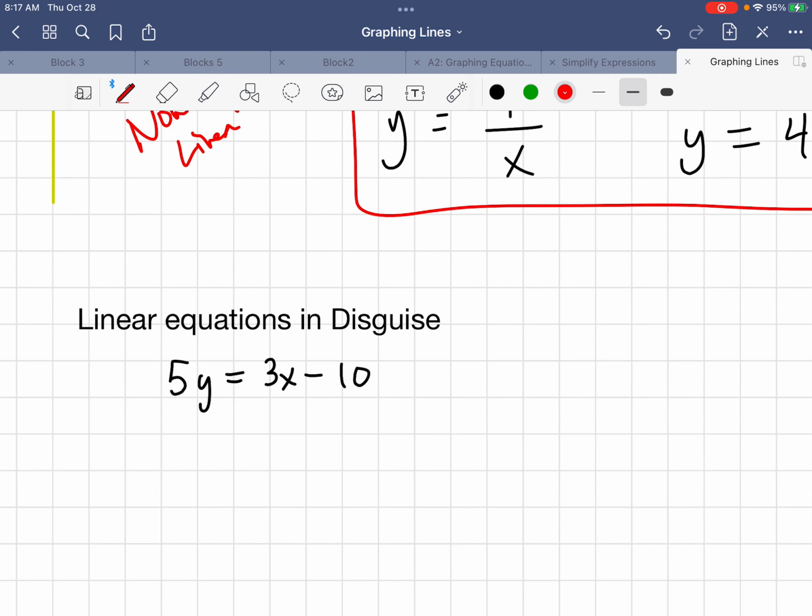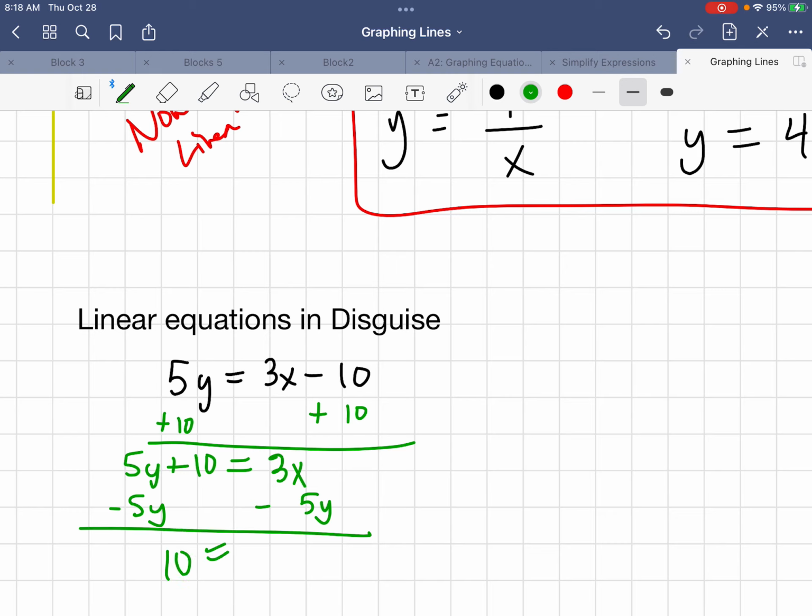Then we get to this one down here, which is a linear equation in disguise. Notice that there's no funky symbols. There's no strange exponents. It's a number in front of the y, it's a number in front of the x, and it's just a plain old constant over here. If I did some manipulation, we would find, let me just add 10 to both sides, which I'm allowed to do, obviously. And I get 5y plus 10 over here. And if I subtract 5y from both sides, I get 10 equals 3x minus 5y, which then, of course, I can flip around